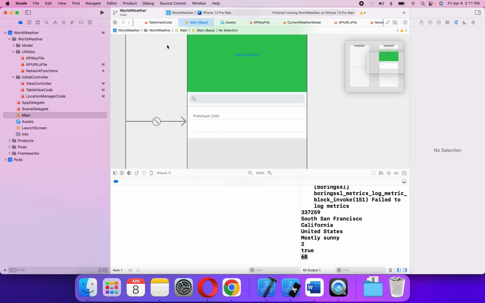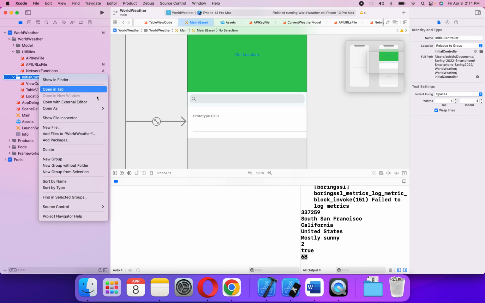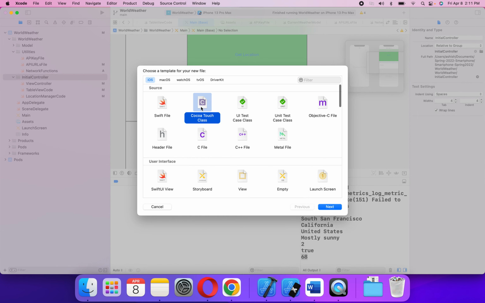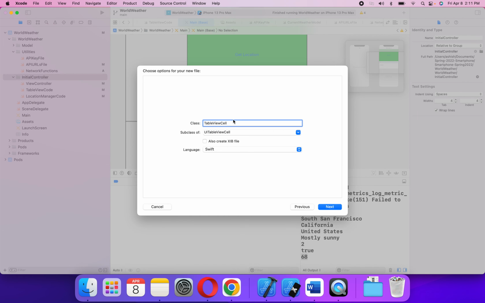There are two ways that we can do it. One is a table view. When we select a particular table row, it will go there and show that. But another way is putting a button in there. So we'll put a button in there because that'll use the TableViewCell nib file. So we'll say new file. This will be a Cocoa Touch class. We'll click on next, and we'll say